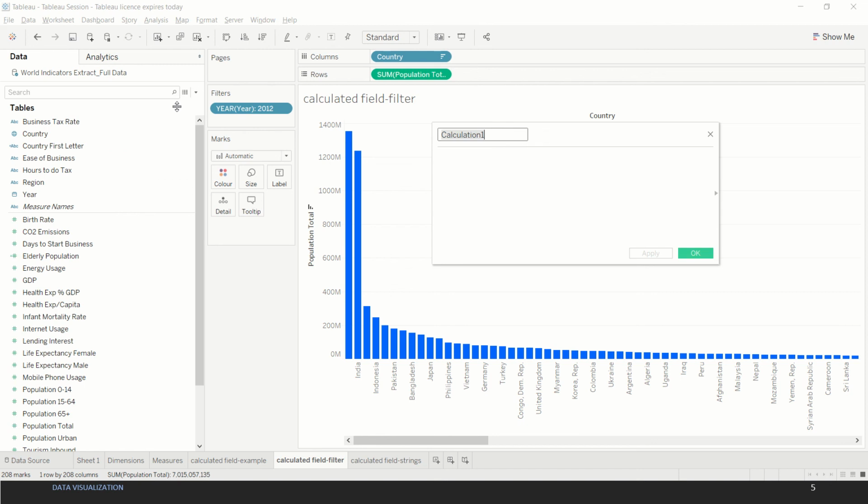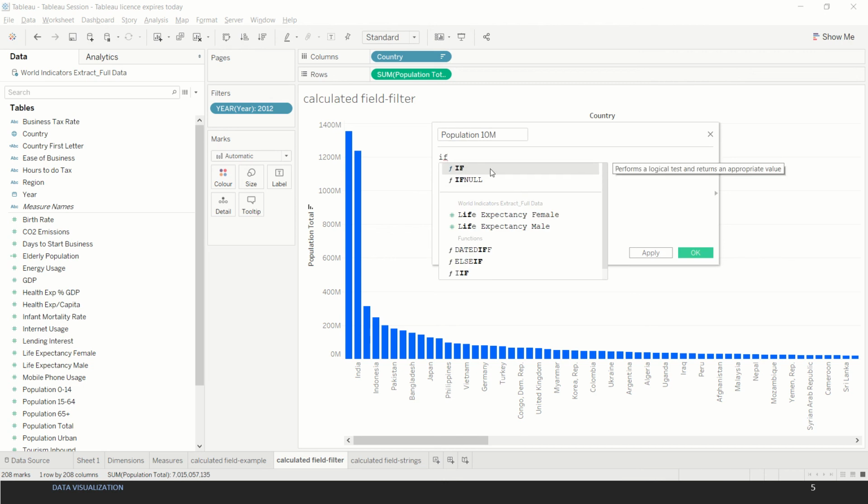So we create a calculated field, and let's name it this time as population 10 million. Now we'll say IF, and you see Tableau prompts us with its list of expressions that are available.